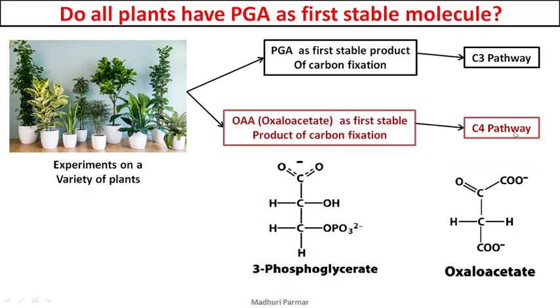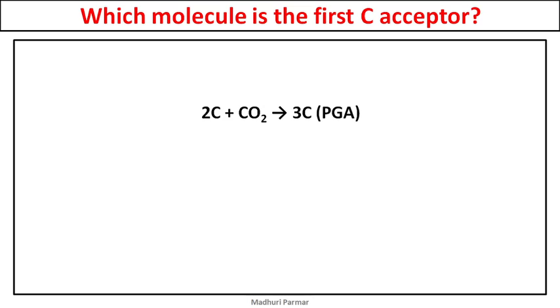Sorry about that. So, right, these are the two stable products, okay, 3-phosphoglycerate and oxaloacetate. If these are the products, what is the substrate? One substrate we know is carbon dioxide, but the other substrate will be the carbon acceptor molecule, something which is accepting the carbon, right? People used to think that because the first stable molecule, phosphoglyceric acid, is a 3 carbon compound, the acceptor must be a 2 carbon compound. There is some 2 carbon compound which is accepting 1 carbon dioxide and producing this 3 carbon compound called